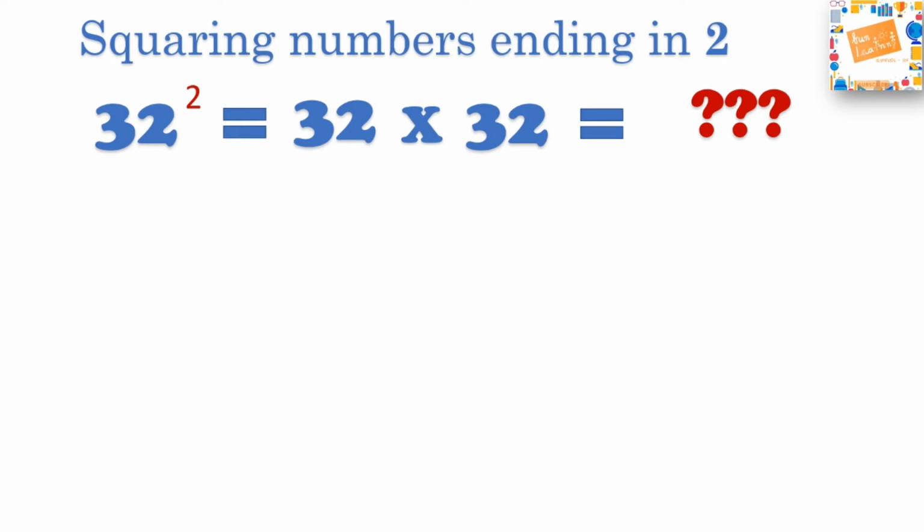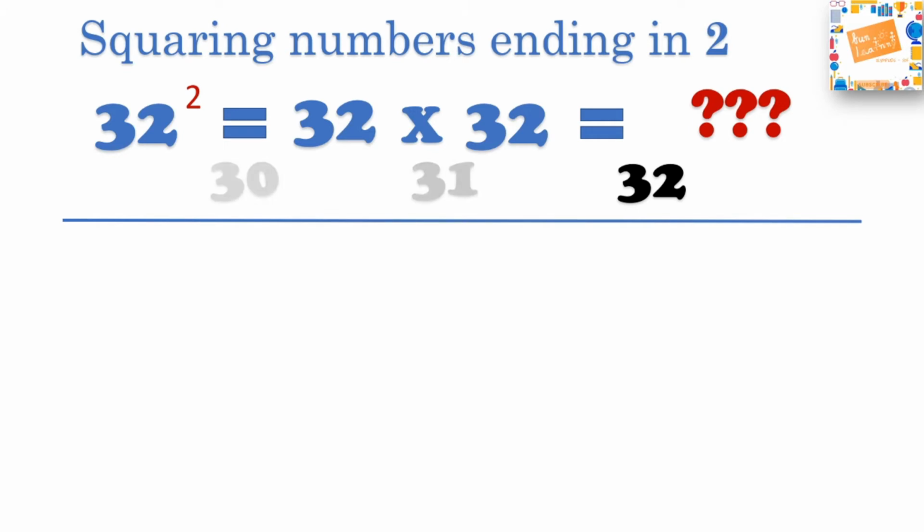So now let's bring 32 into focus and see where its nearest 10 is. That nearest 10 is 30, which is 32 minus 2. Now let's consider 32 to be n, which will be easy for our formulation. To come to the answer for squaring numbers ending in 2, we need to complete 2 steps and then we'll come to the final solution. So let's look at step 1.